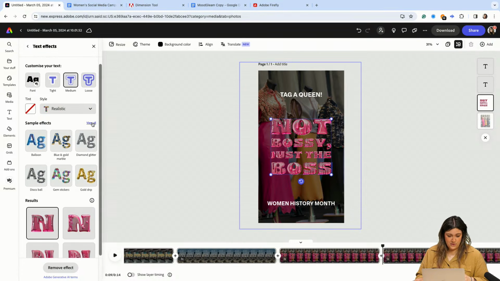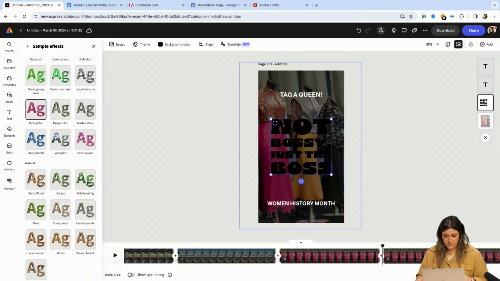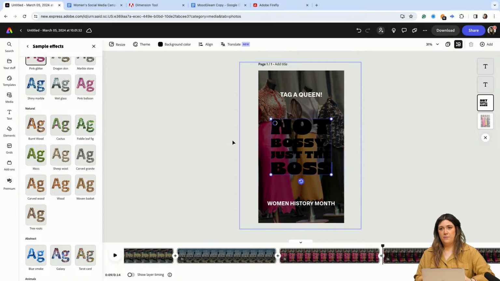And I'm going to do view all for that one because I think it would be fun to explore. Pink glitter. But